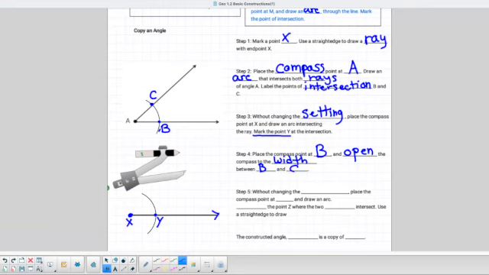Without changing the setting, place the compass point at